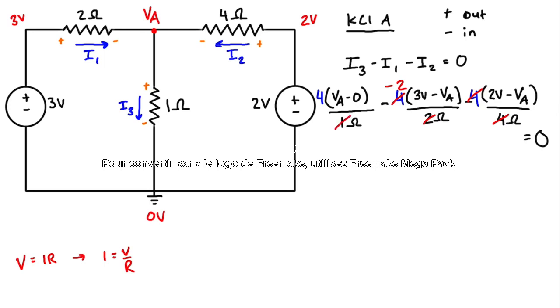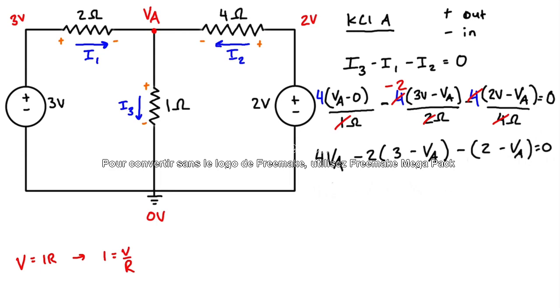So let's maybe write this a little bit cleaner. We have 4 times VA minus 2 times 3 times VA. I'm going to drop the units of ohms and volts because it gets confusing when you have the V here for volts and VA for the unknown variable. So basically each term is going to be in units of volts over ohms, which is in units of amps. The whole term is. So we can close that bracket, and then we just have -2 minus VA